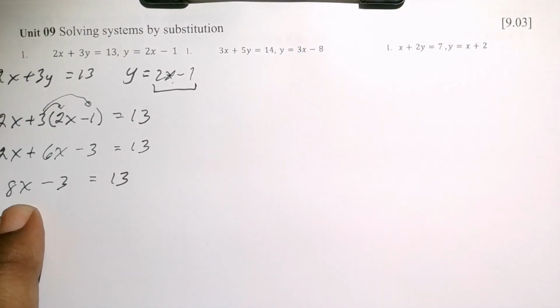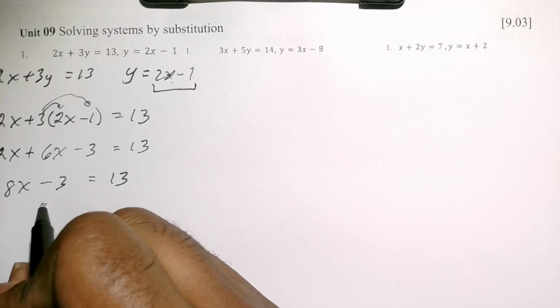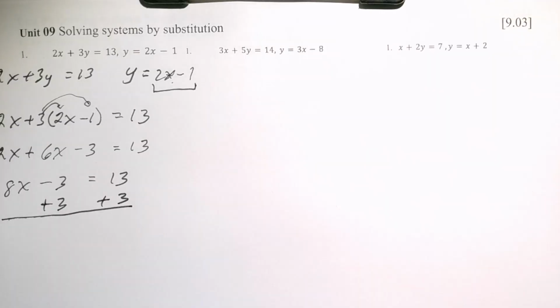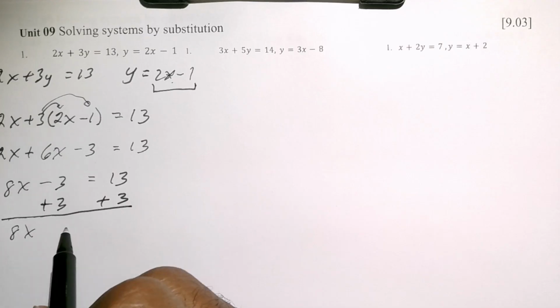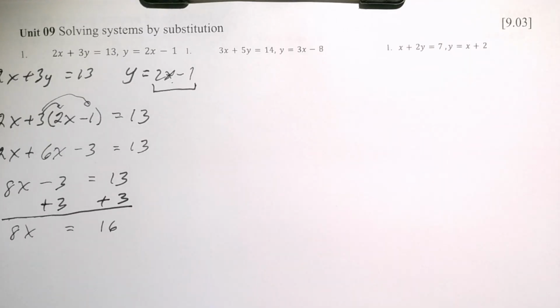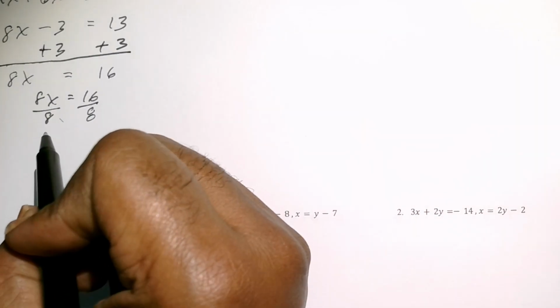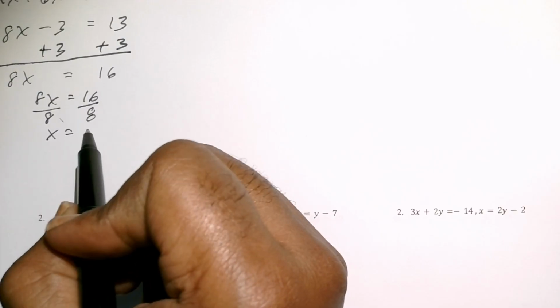Okay, now to isolate x, I'm going to get rid of the subtracting 3 and the multiplying 8. First, the subtracting 3 by using an adding 3, and whatever you do to one side, we're going to do to the other. So now we end up with 8x = 16. Now we're going to divide both sides by just the 8, not the x. A lot of students make a mistake of putting x down here too, but you only need the number 8. So 8x divided by 8 is 1x, and 16 divided by 8 divides evenly,